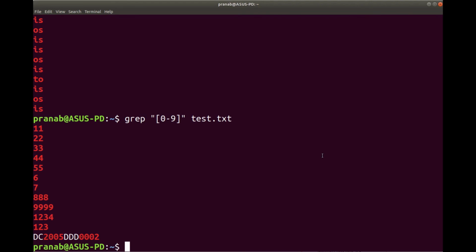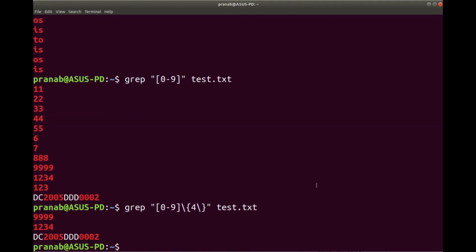Now suppose we want to restrict it to only numbers of length 4. So what we can do, slash second bracket, we want numbers of length 4, slash second bracket end. Now you can see numbers of length 4, number of length 4, number of length 4.